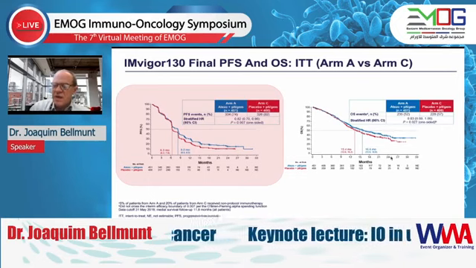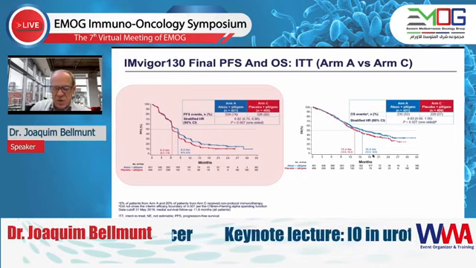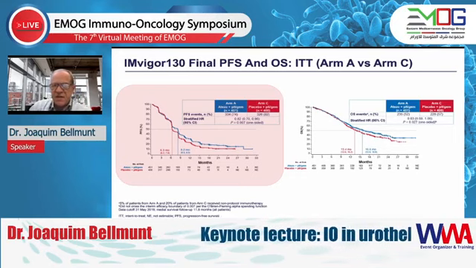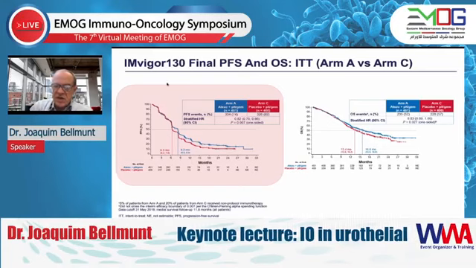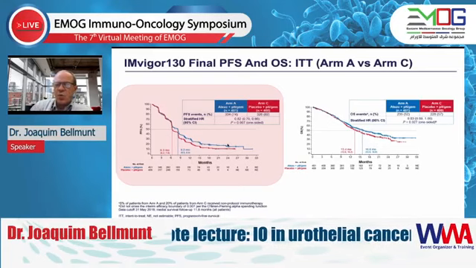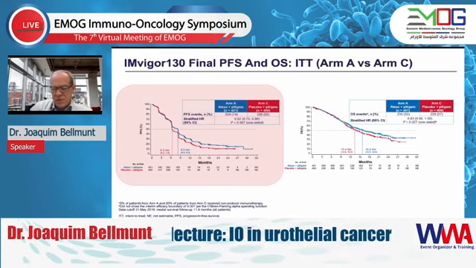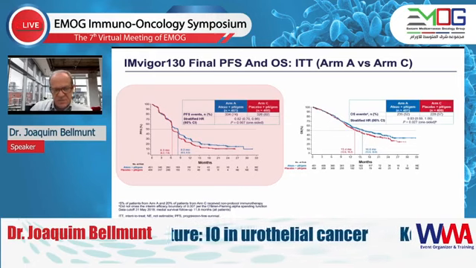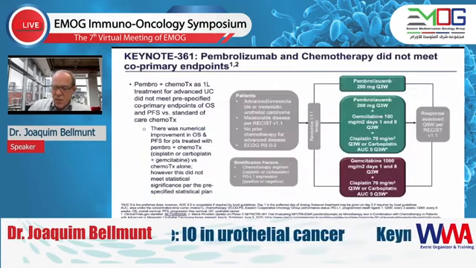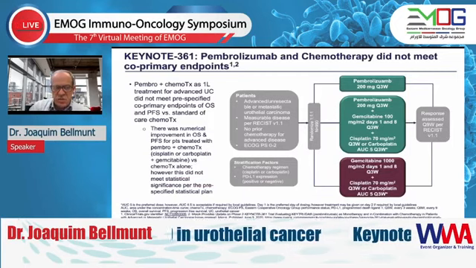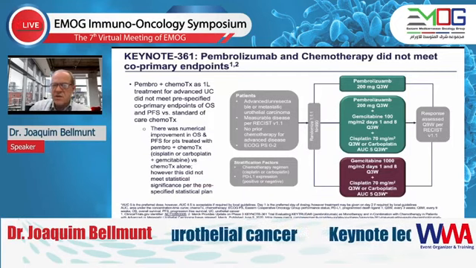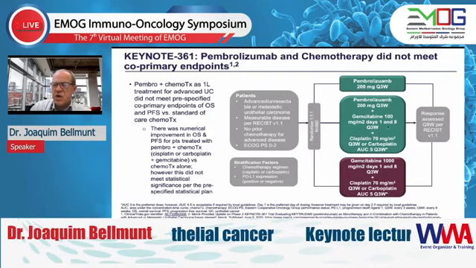So still we are waiting for this trial to mature to see if there is a survival benefit in this first-line setting. Initially, this is a combination that is not yet approved because only PFS was shown to be statistically significantly positive. And then we heard the results at ASCO and ASCO-GU of the KEYNOTE-361, similar design, immunotherapy versus chemotherapy plus immunotherapy,